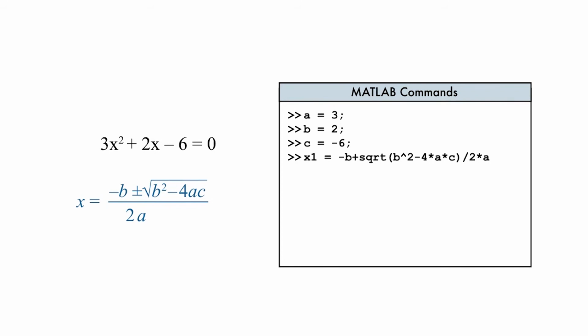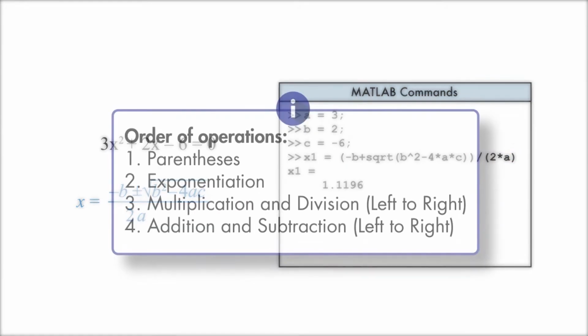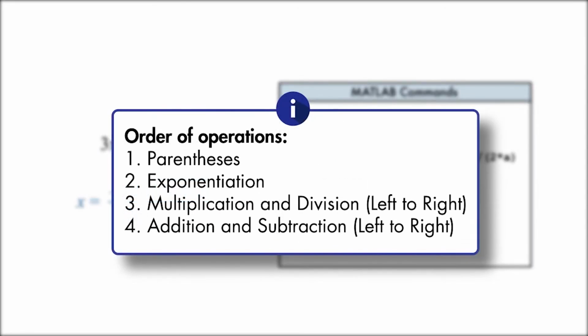Because MATLAB calculations follow the order of operations, we actually entered this expression. So, minus b is no longer part of the fraction, and a is not in the denominator. To get the correct result, we need to add the parentheses shown to group the numerator and denominator together. It's helpful to have a good understanding of the order of operations so that we know when to group terms